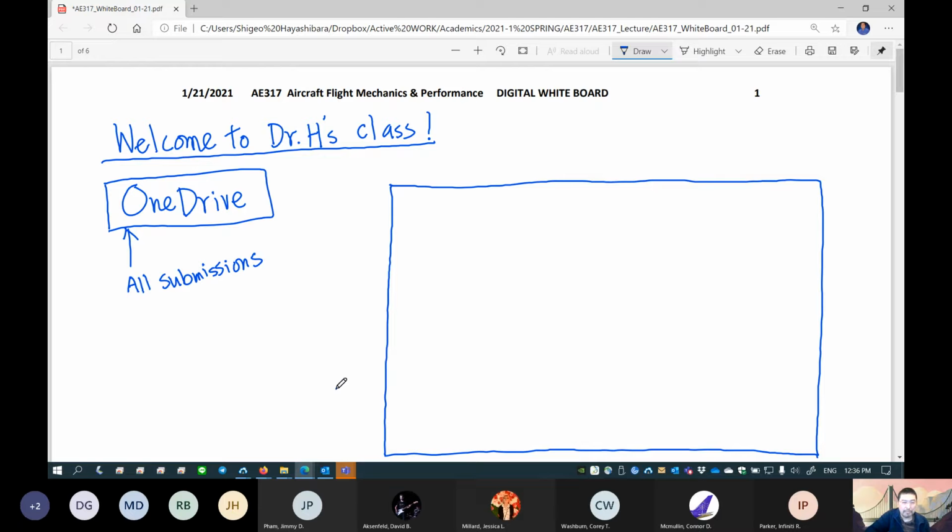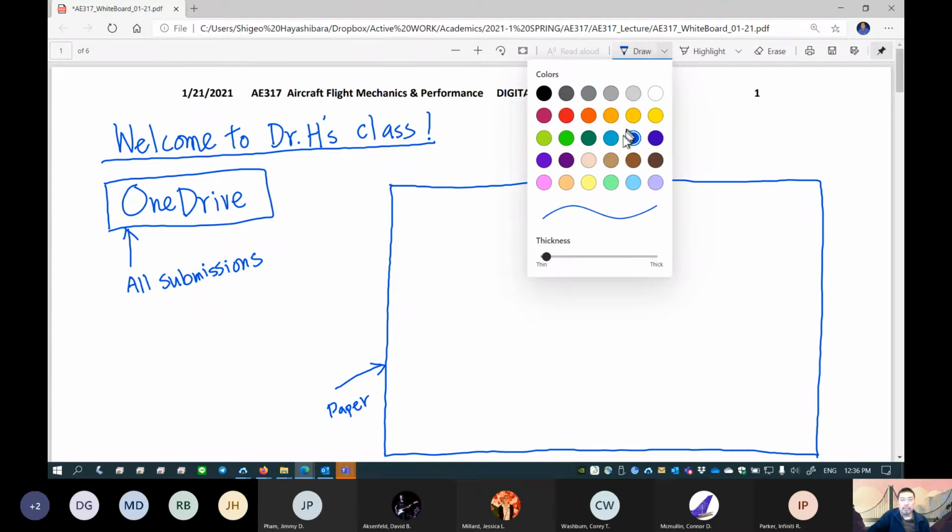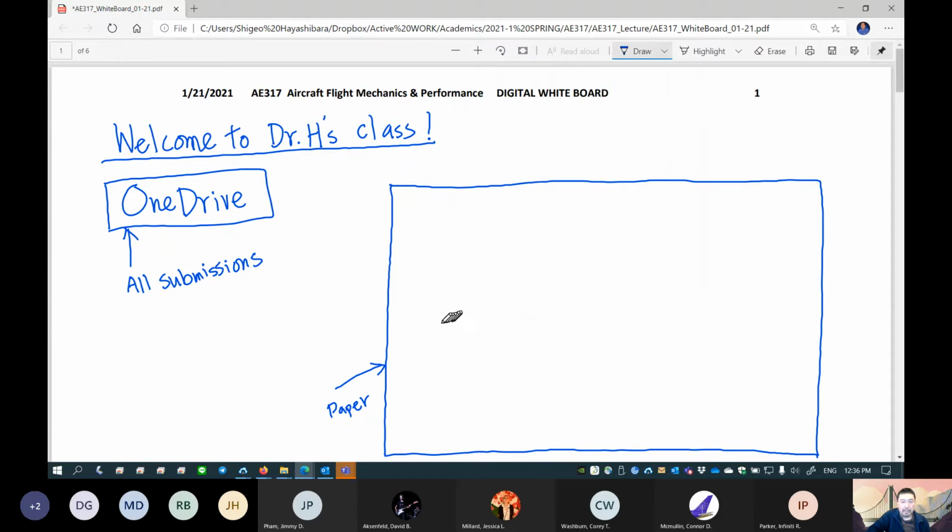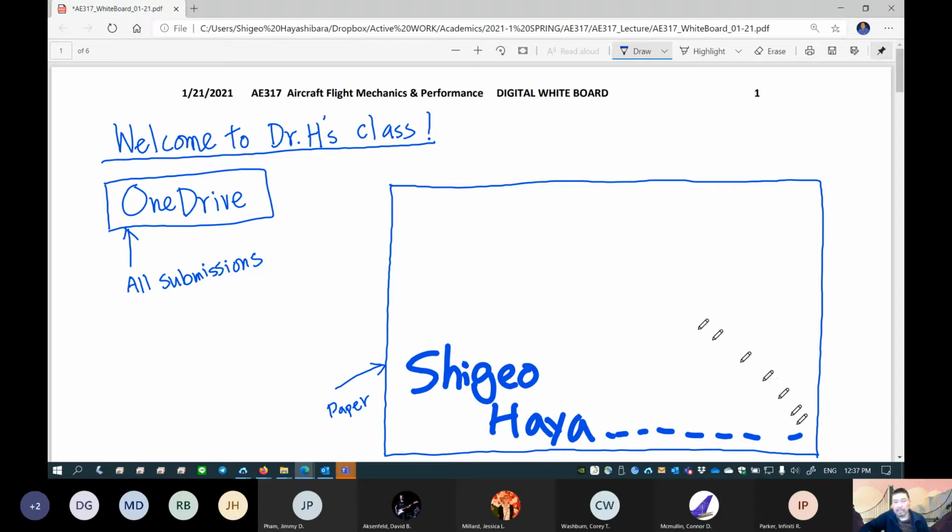I'm going to give you a piece of paper, and then I will let everybody make this. You're going to write your name really big. I can't spell my last name. Shigeo Hayashibara. This is my name. And then,